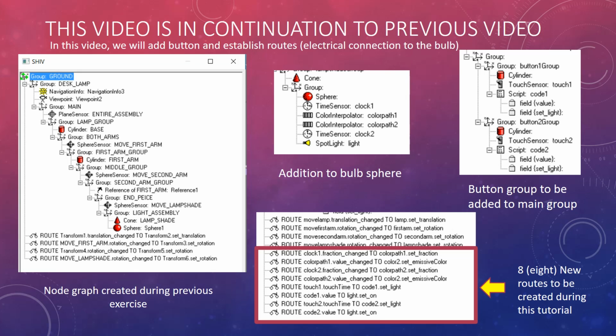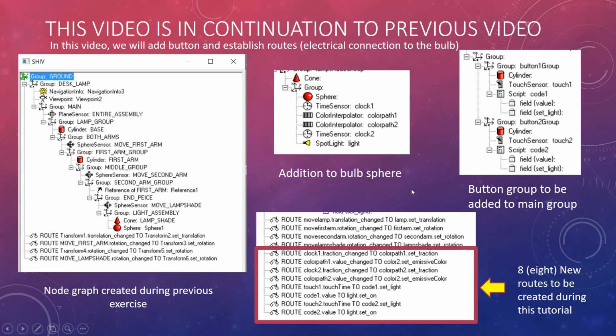In the previous video we created the entire desk lamp, only the missing part was the electrical connection. Now in this video we will be adding some more nodes to the sphere, like a time sensor, color interpolator, time sensor and spotlight. We will also create some more buttons. There will be two buttons, one for lamp on and one for lamp off, and we will be adding some additional routes also.